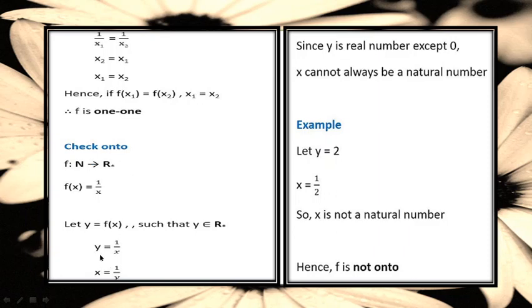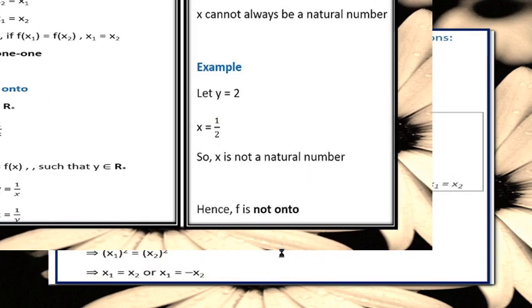For the onto function, in the same way y = 1/x, and then we will write x in terms of y. Now y is a real number except 0, right? If we take any value of y, let's say 2, because our codomain is R star, then y is equal to 2. So what should x be? x should be 1/2. But do we have this pre-image of 2 in our domain? No, because our domain is only natural numbers. So x is not a natural number in this case. It means this 2 does not have any pre-image. So this function is not onto.